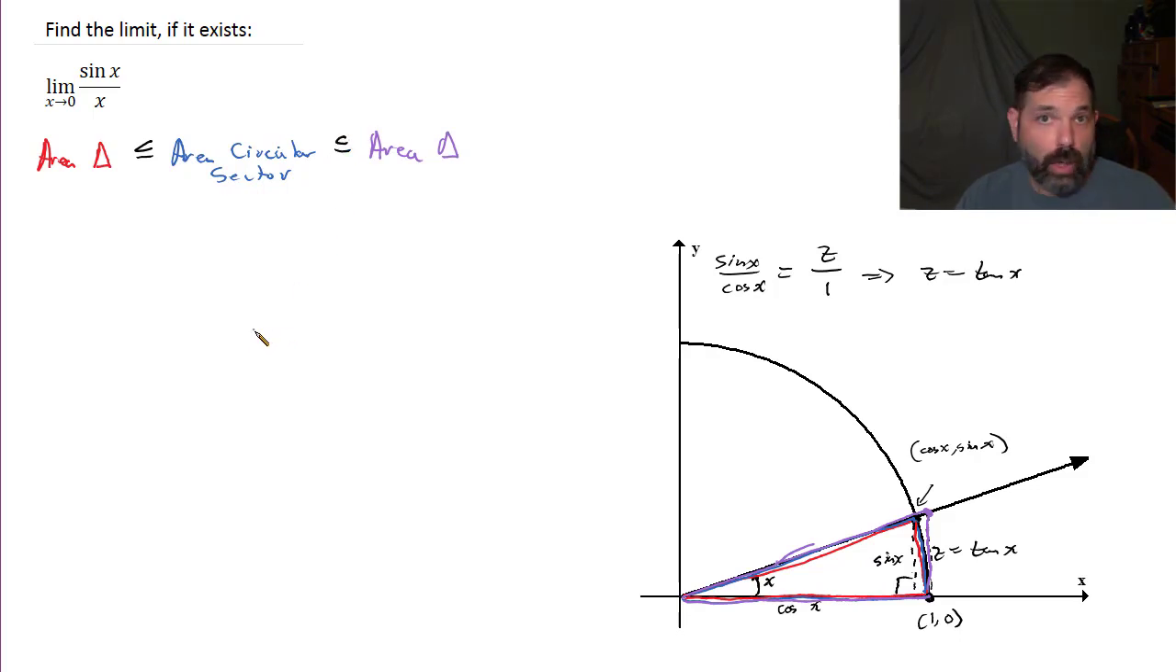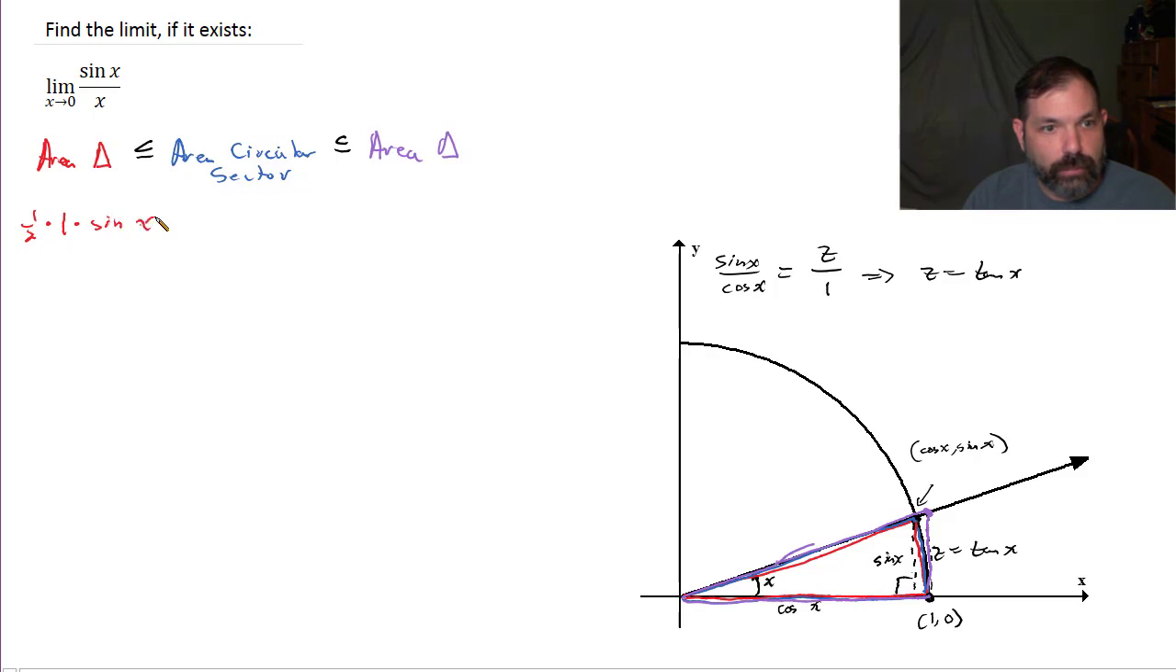Now, each of these areas can be found using basic geometry. The area of the triangle: well, the area of a triangle is half base times height. So for the red triangle, the base is 1 unit, and the height of that triangle is sine x. So the area of the red triangle is 1/2 times 1 times sine x, and that's less than or equal to